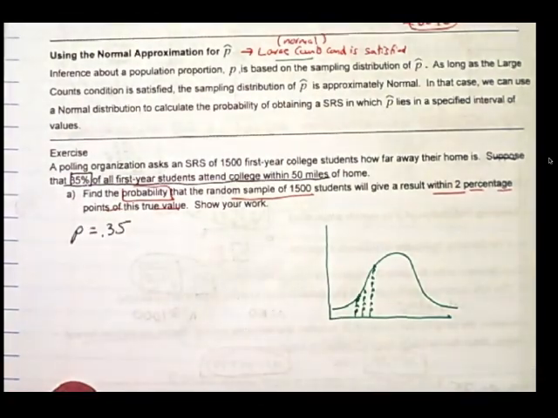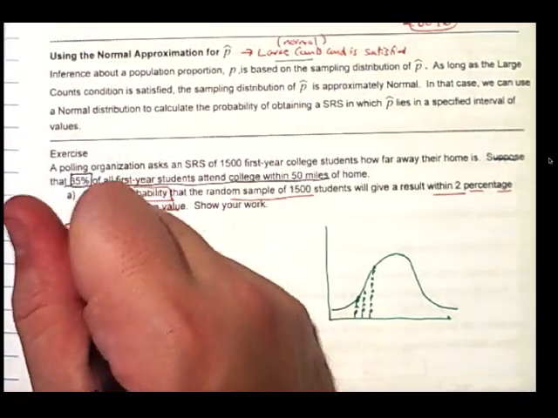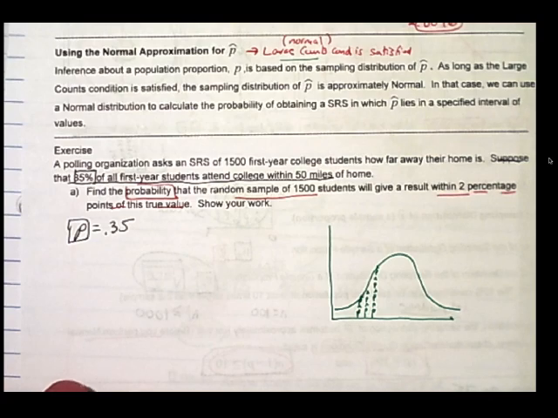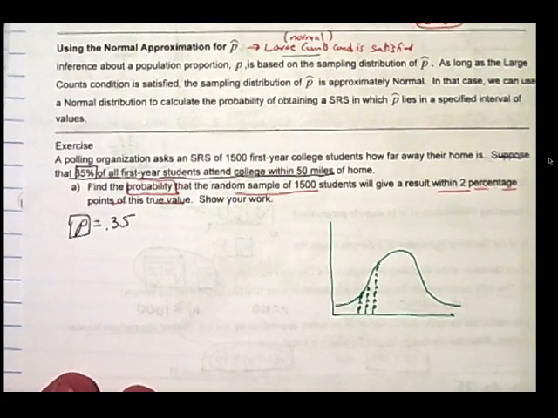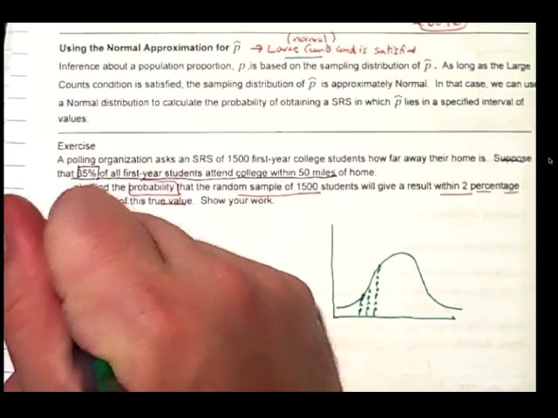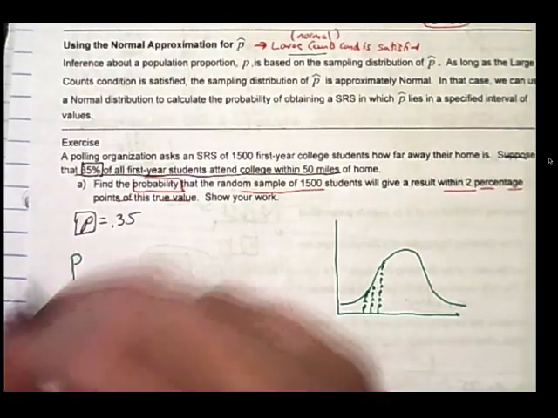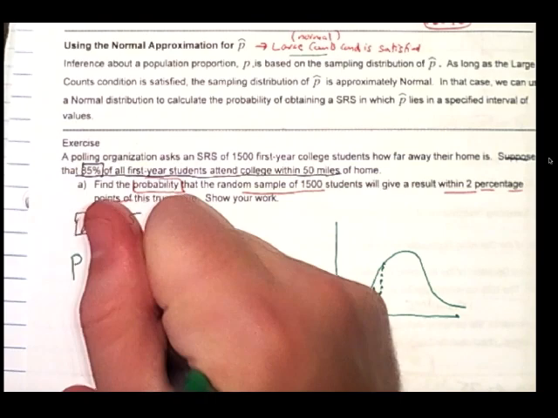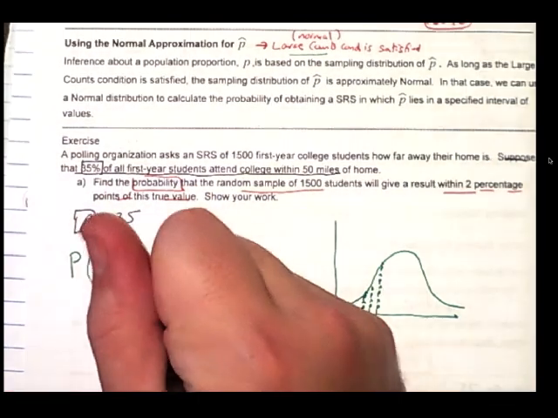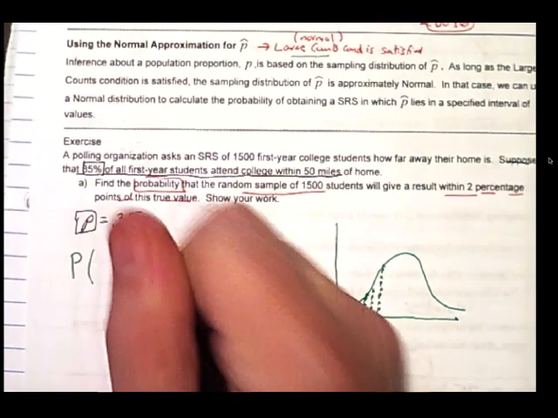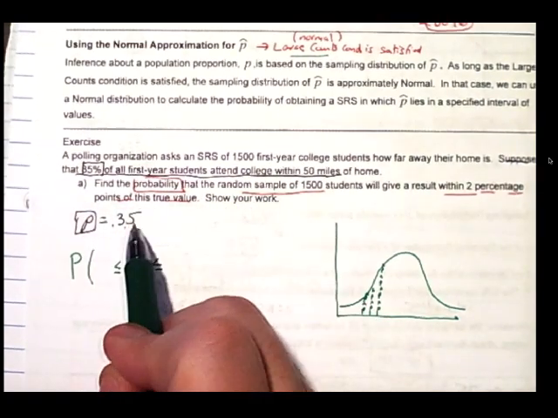That's another way to verify that it said true value. That means the true proportion. It says show your work. So what are we really looking for? We want to know the probability, that's when I'm going to use a capital P, that a certain sample proportion is going to fall between 2 points of this value, either on the high side